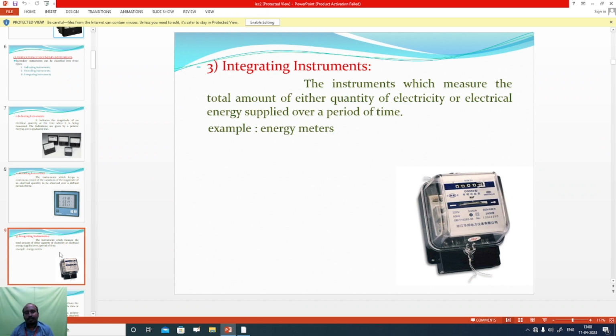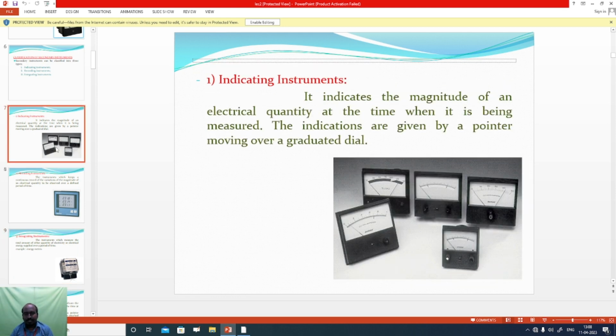Deflection torque, controlling torque, and damping torque. So there are many types of instruments. We have already seen the types of instruments: indicating, recording, and integrating type instruments. The ammeters and voltmeters mostly come under the indicating type of instruments. In indicating type instruments, we can see the pictorial representation that the pointer moves over a scale,